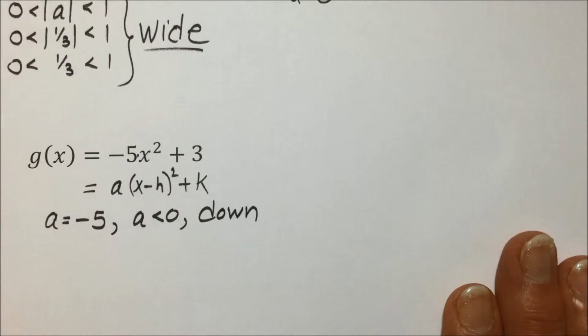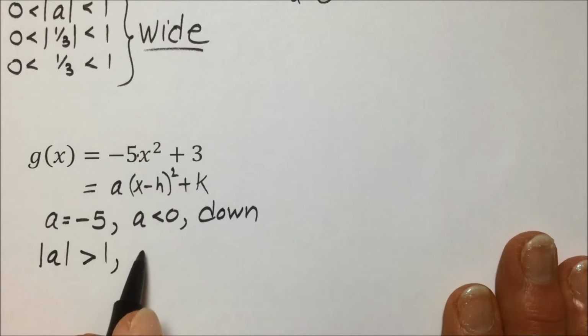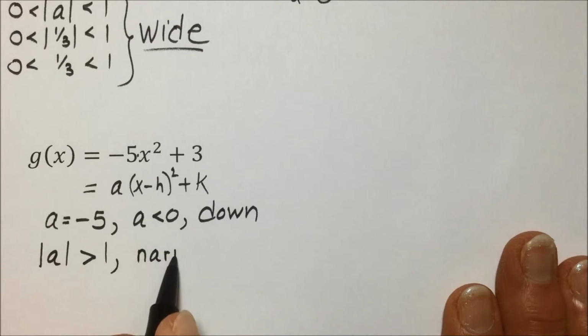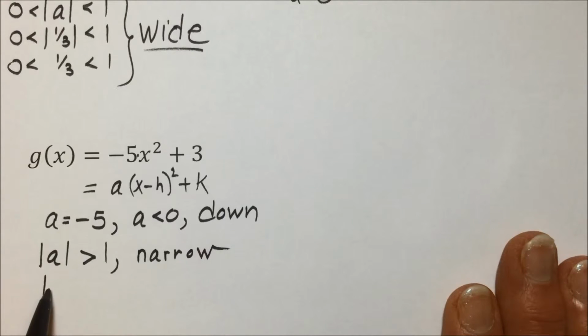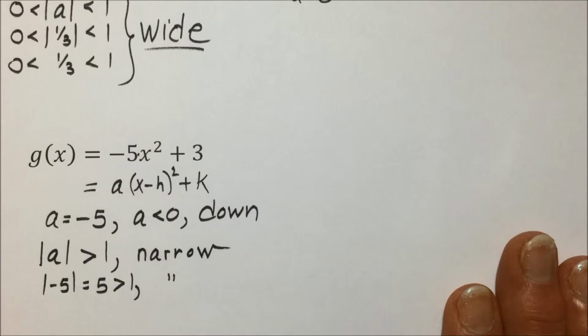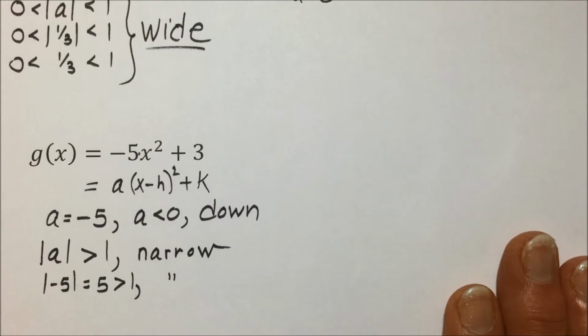As far as wide or narrow or same shape, if the absolute value of a is greater than 1, it means that we have a narrow parabola. And the absolute value of -5 would be 5, which is clearly greater than 1, so we would answer that this parabola is narrow, or at least narrower than the generic f of x is equal to x squared shape. Again, this is going beyond what's being asked, but because we're just on the cusp of graphing any parabola,